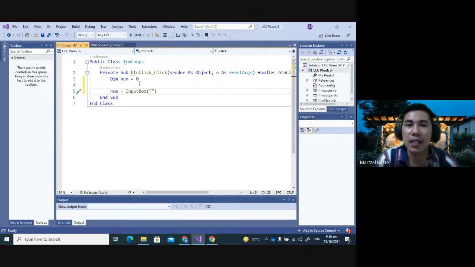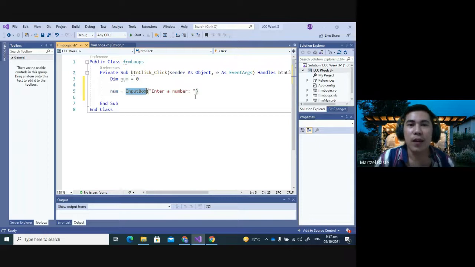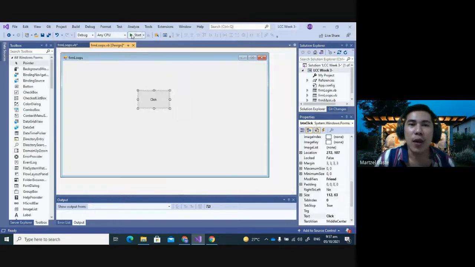It has been existing since Visual Studio 6.0 until 2008 and until today. So let's say for instance, we are going to ask the user to enter an integer or a number. This is a quick way, instead of creating a form. Okay, so when you actually run this one,